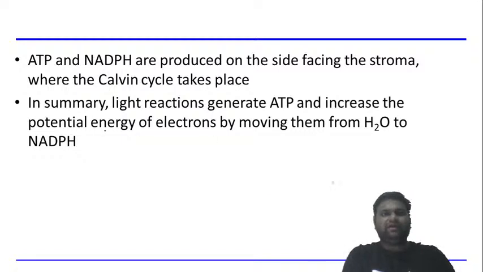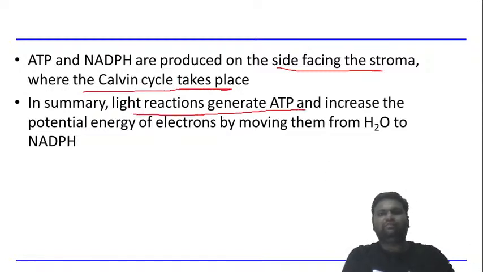So ATP and NADPH are produced on the side facing the stroma where Calvin cycle takes place. So in summary, light reactions generate the ATP and increase the potential energy of the electrons by moving them from water to NADPH. तो लाइट रिएक्शन जनरेट करते हैं एटीपी को और इंक्रीज कर देते हैं पोटेंशियल एनर्जी ऑफ इलेक्ट्रॉन्स बाय मूविंग देम फ्रॉम वाटर टू NADPH।